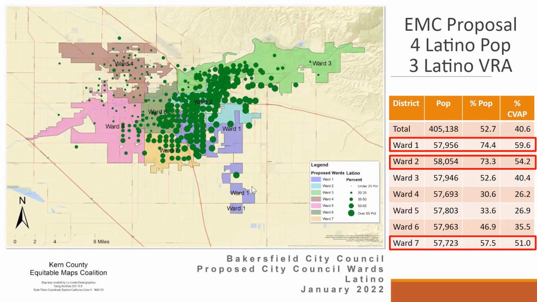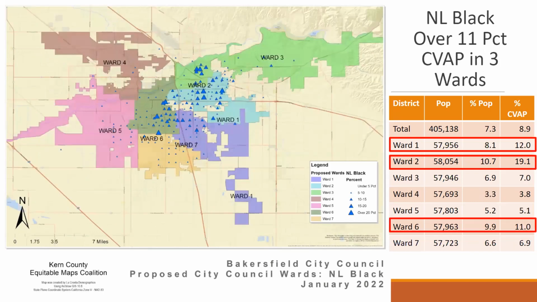Ward 1, which is the purple district here in the southeast, has an eligible voter Latino population of 59.6%. Ward 2 up here above it in the light blue color is 54.2%. And then Ward 7 is also a Voting Rights Act district that has 51.0% CVAP, or eligible voter population. So once we drew those 3 wards based on demographic analysis and we kept the population very, very equal, we were able to move around the lines and tinker with it in such a way that we maximized the percentage